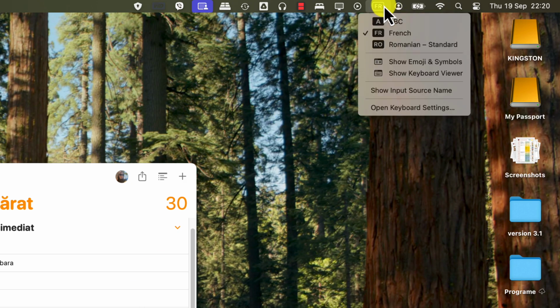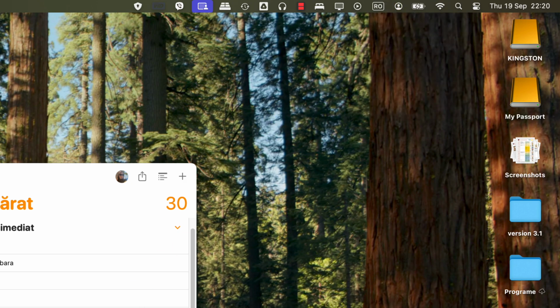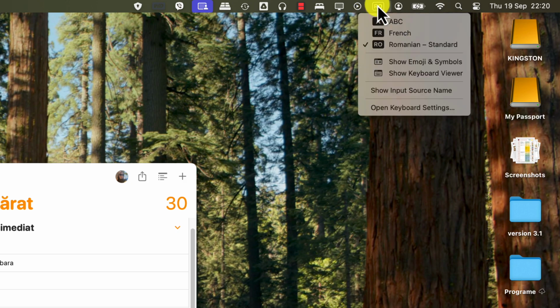Here are a couple of extra tips to help you manage your keyboard languages. In the Input Sources section, you can drag and drop your languages to prioritize the ones you use most. If you no longer need a language, simply select it and click the minus button to remove it from the list. And that's it. Now you know how to change your keyboard language on your MacBook and switch between them